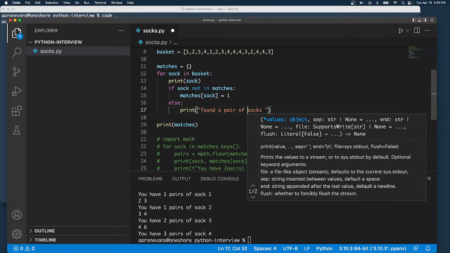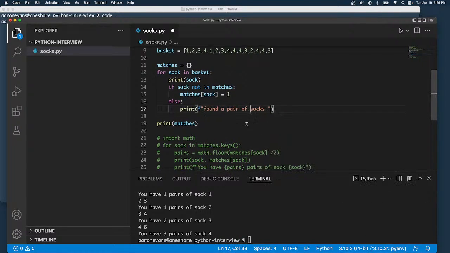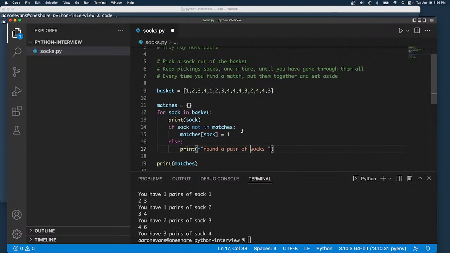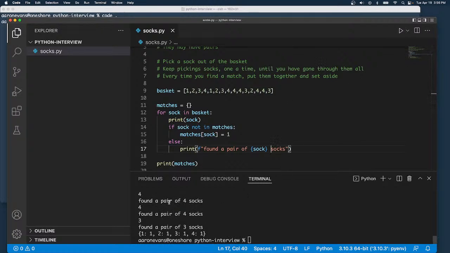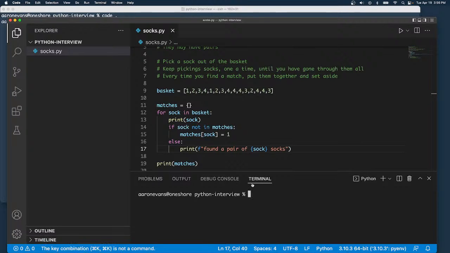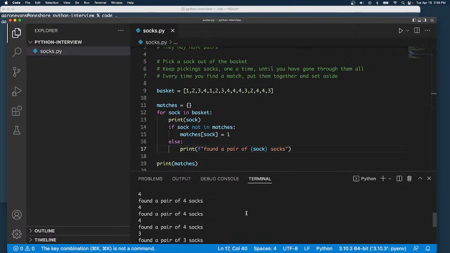And I'm going to just add a format string here. You found a pair of socks. Sock meaning the color or the number we're using to represent the socks. And so this will work. So here let's clear this. It really doesn't like to clear. All right, so I go through, found a pair of 1s, 1, 1, found a pair of 2s, 2,